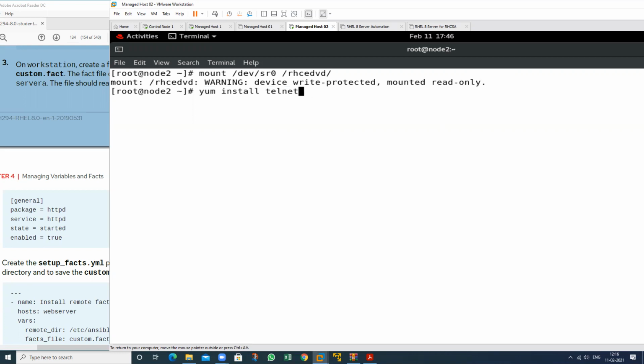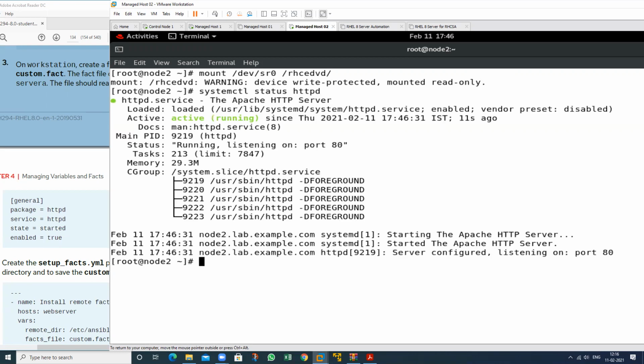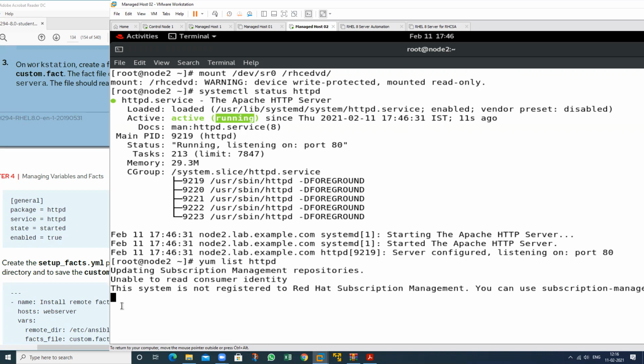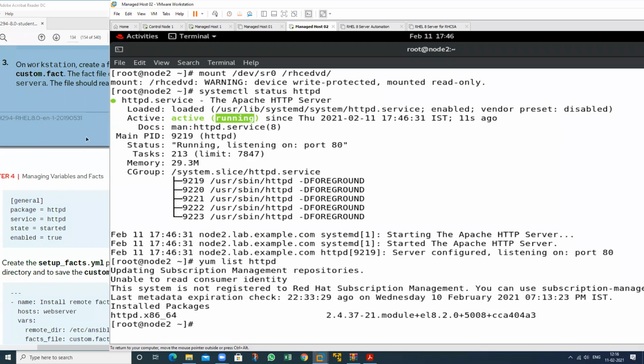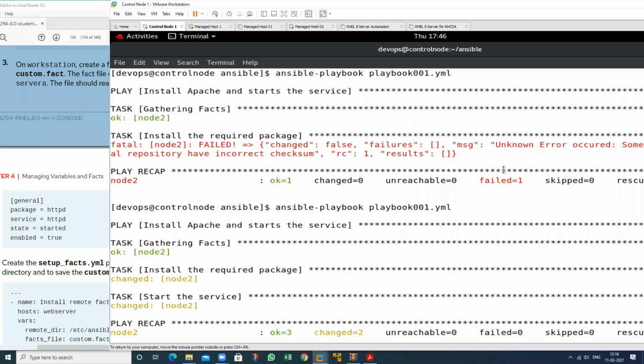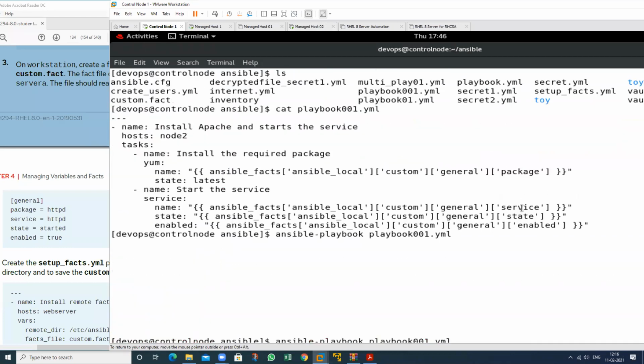Then check again. Status of httpd: enabled, running, and we are able to install the httpd. See, this is installed. So what have we written in this? We have written first install the package, service should be enabled, state would be started.